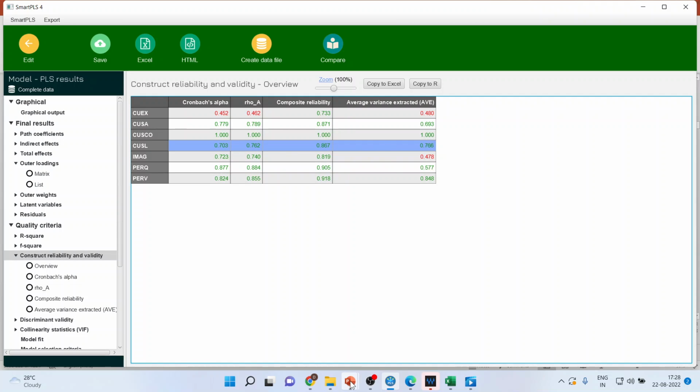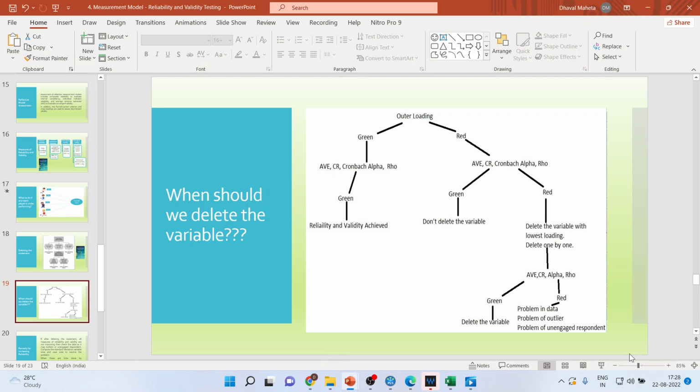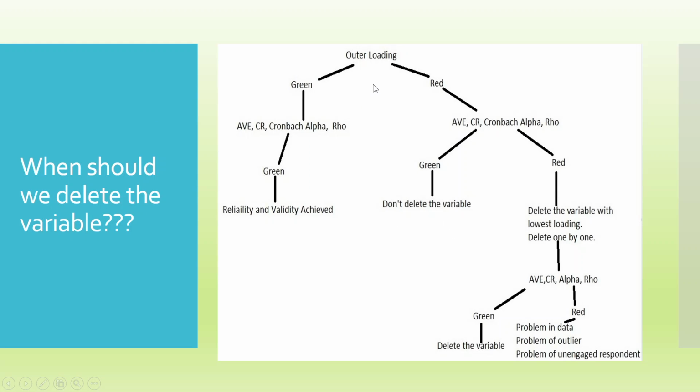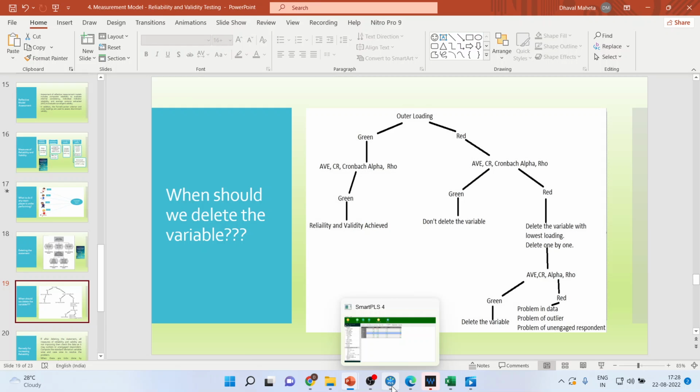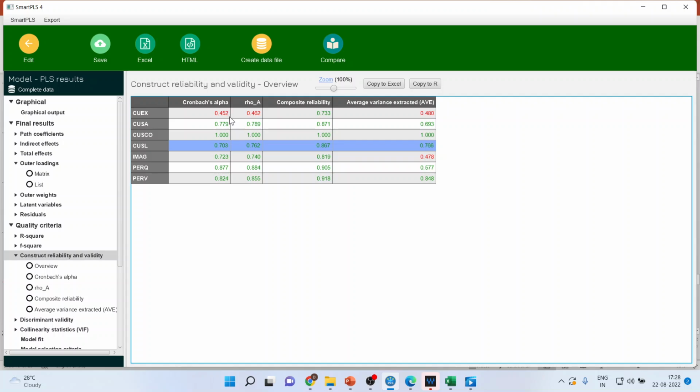Fine. So what is the procedure? If by deleting the variable, AVE, CR, alpha, rho turn green, delete the variable. So here the things are turning green and therefore Kusal 2 has to be deleted. Now let us go back in our model and try to see about Q6. Q6 is having something in red,